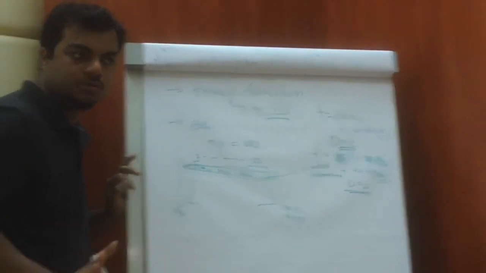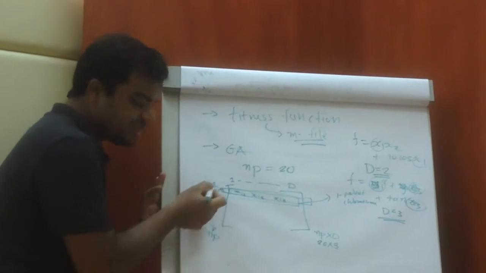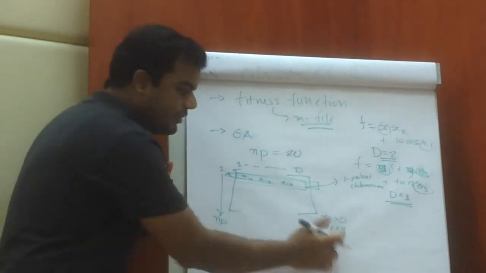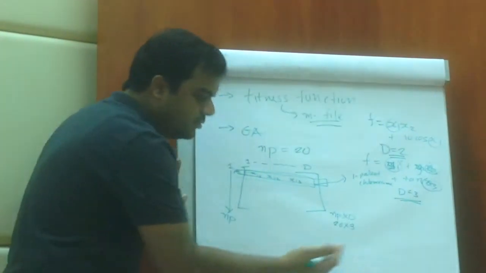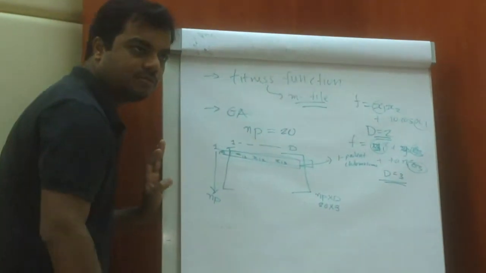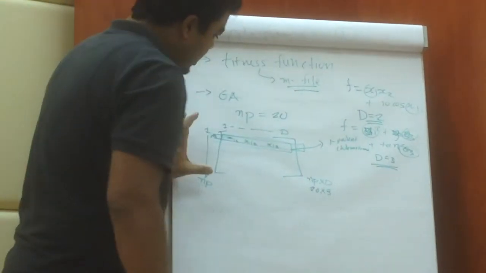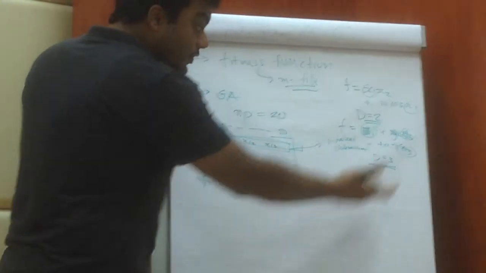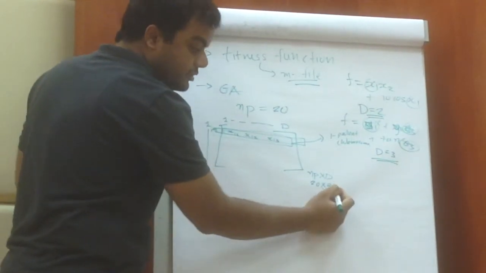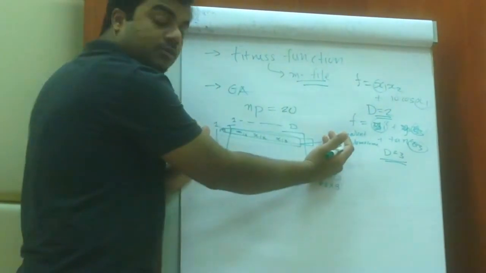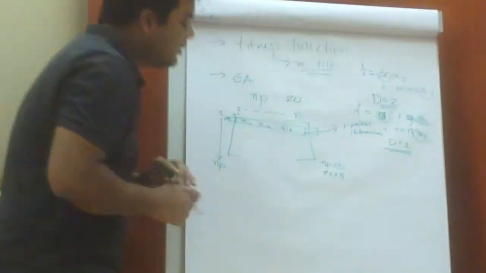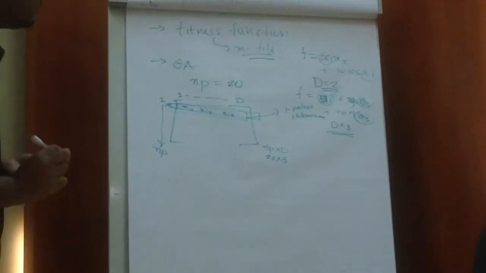Clear? Okay. So that way, when you specify a population of 20, you will have 20 cross 3, right? What else? Yes, if you had 4 variables, then it will be 20 cross 4, and it will have 4 here. Right? So yeah, this is an important thing.